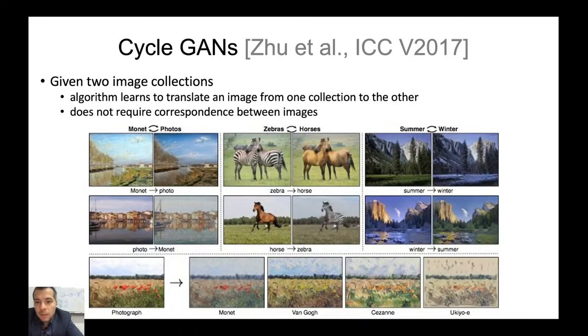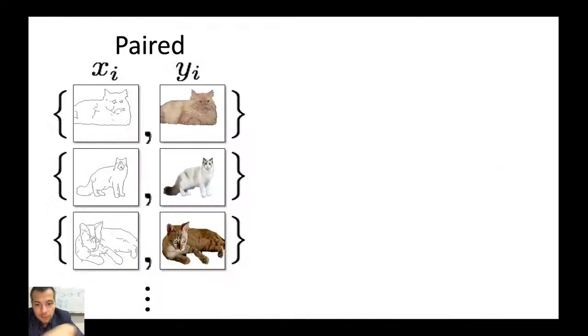So given these image collections, the algorithms learn to translate an image from one collection to the other. The main difference from the previous work is that cycle GANs do not need pairs of images. They just need these two image collections. So for example, in Pix2Pix and other similar works